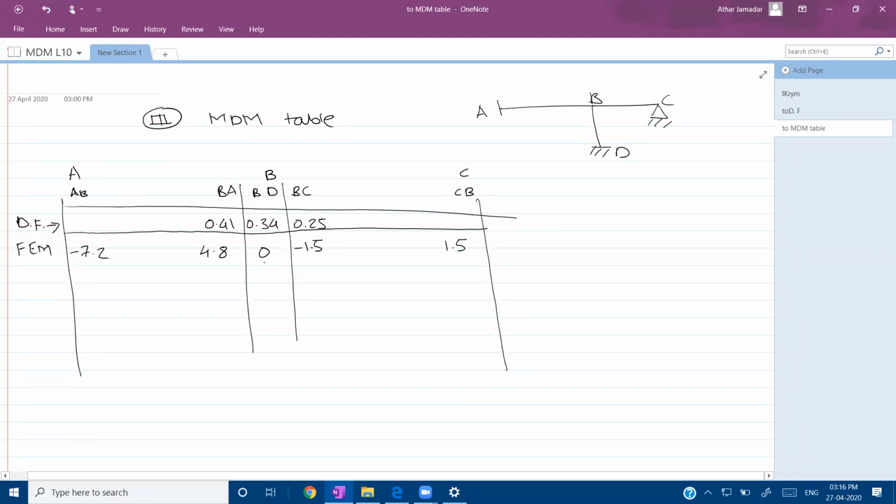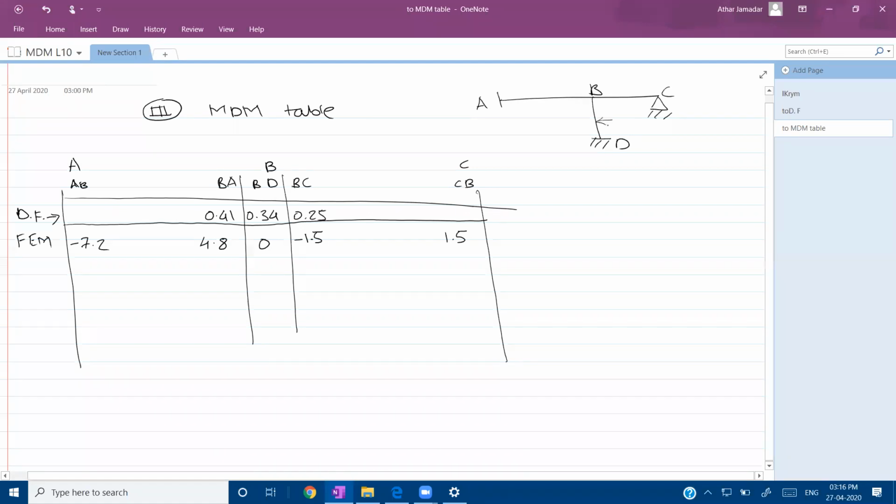Okay, why is this MFBD 0? Because on column BD there is no load acting, therefore MFBD value is 0 here. Now some may ask, if suppose on column BD a load like this is acting, then MFBD we can calculate and write down here in this table. But where to write down the MFDB value, that we will see very soon. Right now this MFBD and MFDB both values are 0, that's why there is no need to bother here.